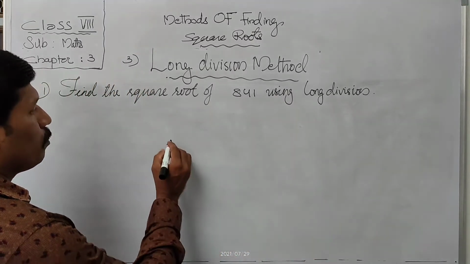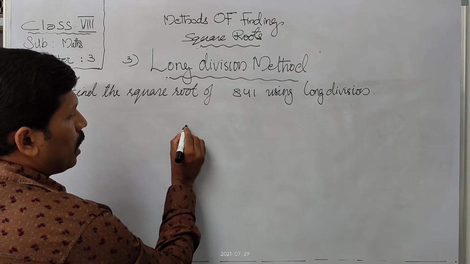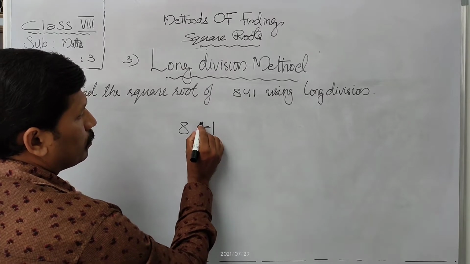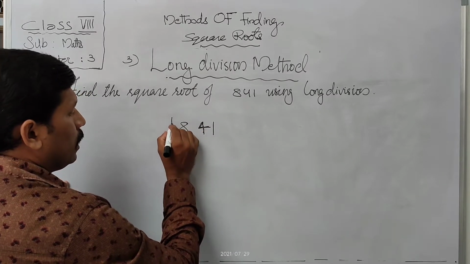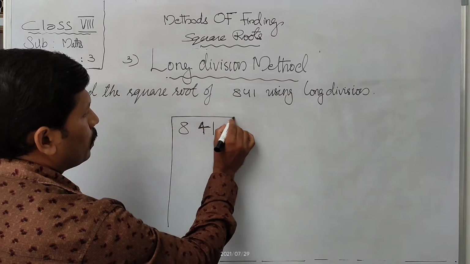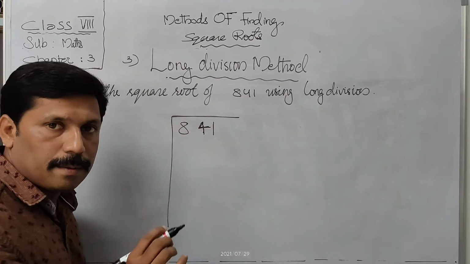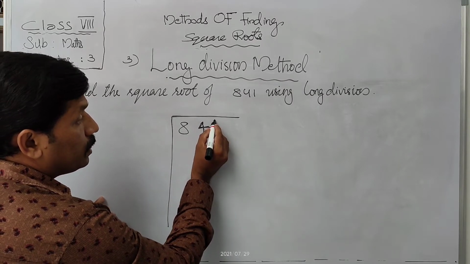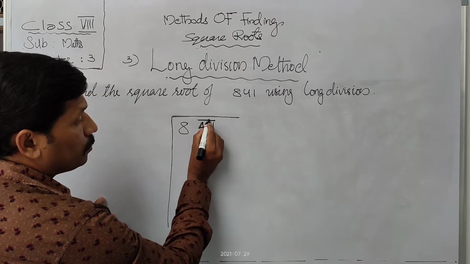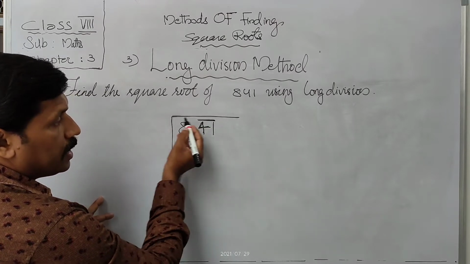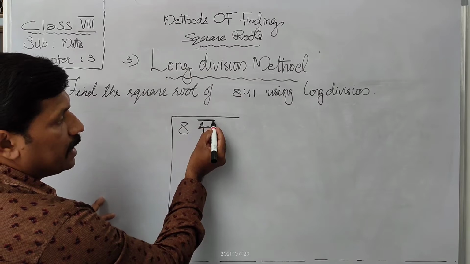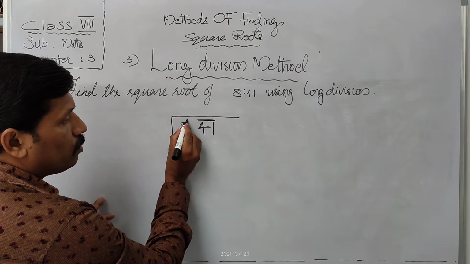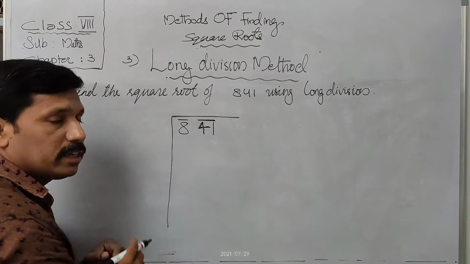Okay. So first of all, in the long division method, we write the number, and then after writing this number, we group the number. We group the number from right to left in such a way that each group carries 2 digits. From right to left, two digits we group. We can place a line over the number, and here there is only 1 digit, so that also will be taken as one group. This is the first step.